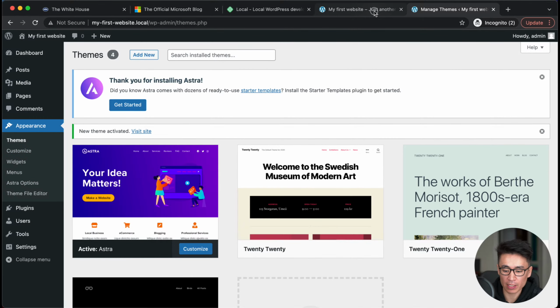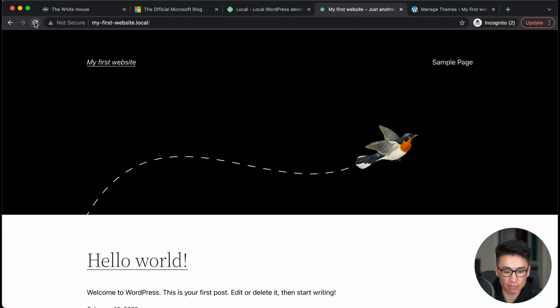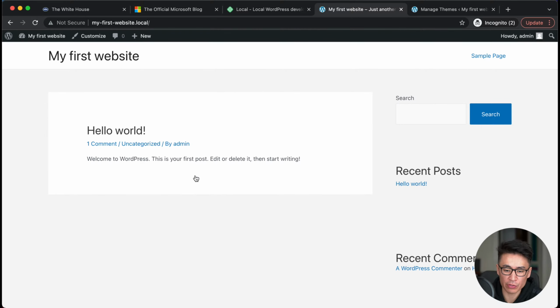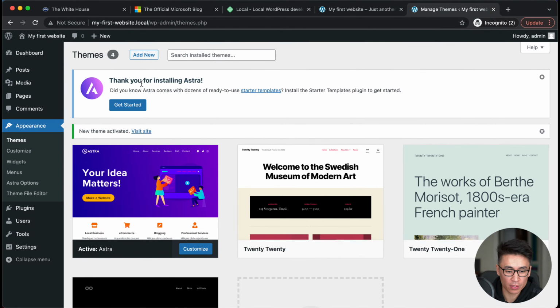If you go back to your site and refresh, now it looks like this. I know it doesn't look that great at this point, but this is your site right now. And for today's video, all I think you should be doing is just enjoy using it. So go here and press new, and you can make a new page. So click new page.